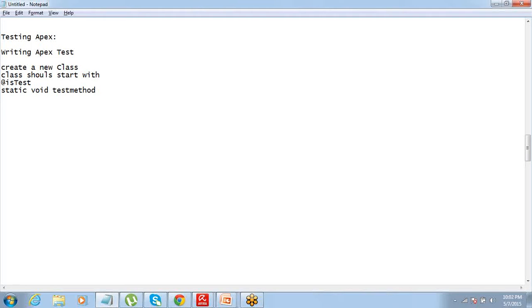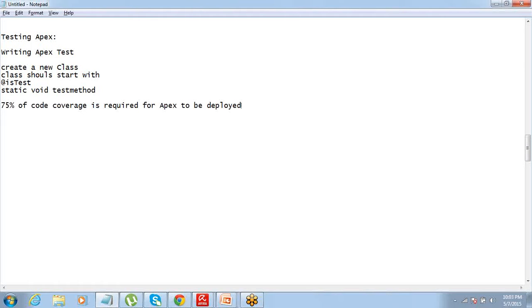Every time you run this test method, it provides code coverage to your code. 75% of code coverage is required for Apex to be deployed. So any Apex that you've written, you want to deploy that Apex, you need 75% of code coverage. You want to deploy it from sandbox to production, you want to create a package. Yesterday we talked about package. Any Apex code that you want to be put into a package also needs to have 75% code coverage.